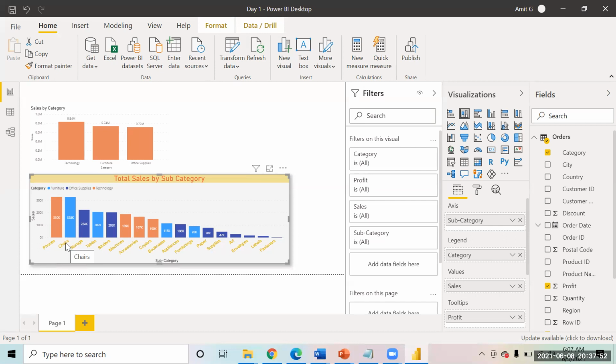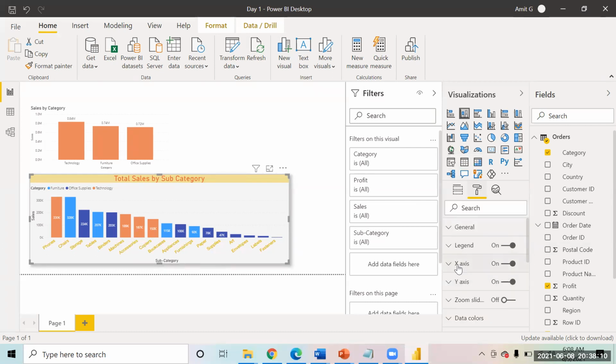Okay. So for the axis, it will give you only a single option. On the X axis, it will give you the option to format the X axis as it is, whatever the name of the fields is, it goes according to that. So on the X axis, it doesn't give the option to change the color based on a condition. Maybe in the near future it might come up, because they keep bringing updates every month for Power BI. But right now we don't have that, so it's a single color only that you will be able to give. Okay, thank you.